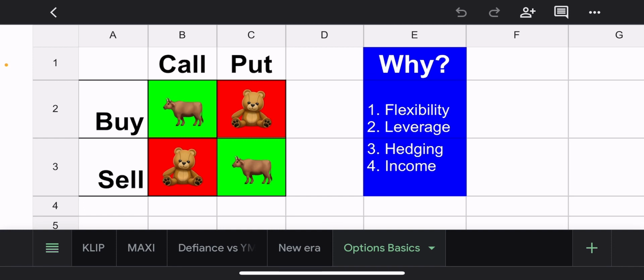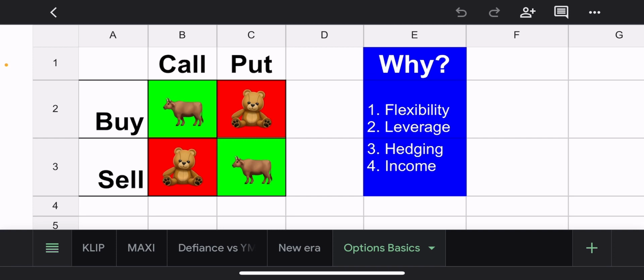Thinkorswim is a very good platform for options. And I was nowhere near the experience level when I used it. But I eventually learned it. And it's a great tool. And sure enough, my TD Ameritrade is getting converted to Schwab. However, they said I get to keep Thinkorswim. So let's hope that's the case.